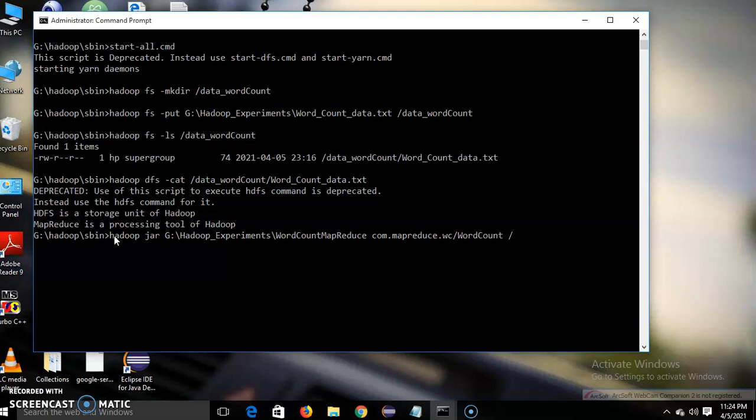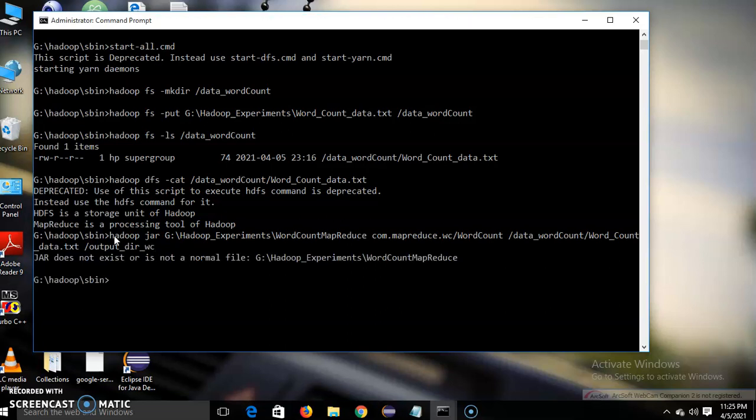Then the input file. And the output directory name.